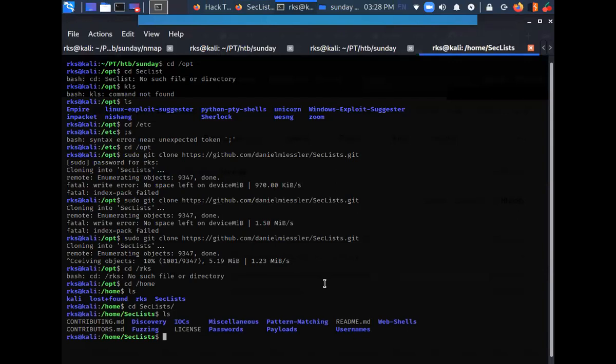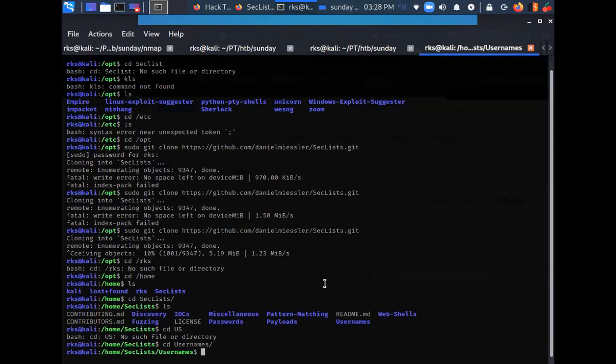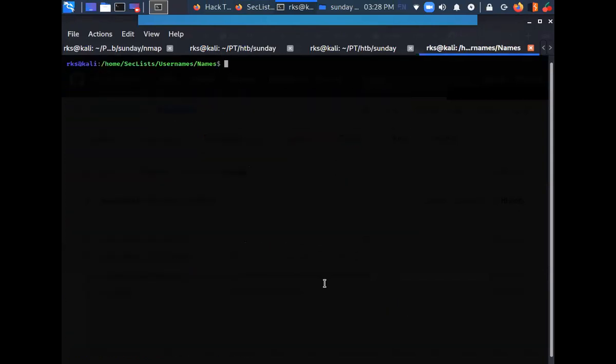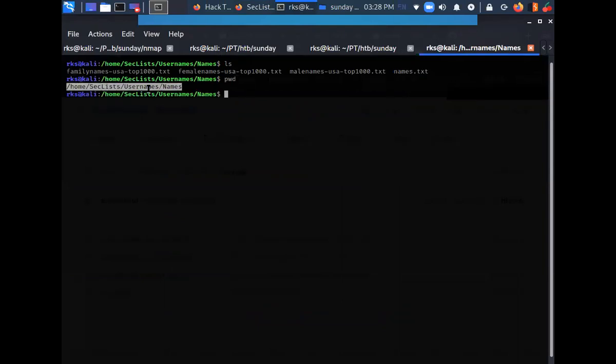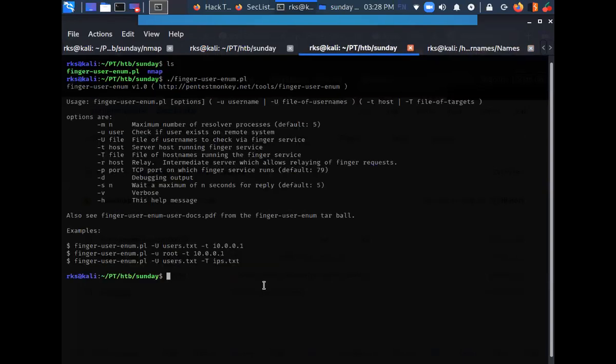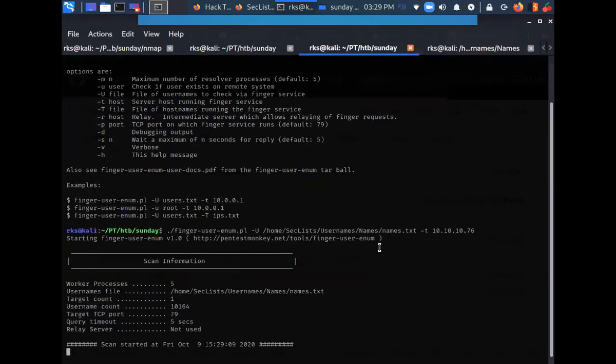Okay, I already have it cloned here, so I'm going to use the wordlist from here. Hyphen T for target. Mention the target and press enter.